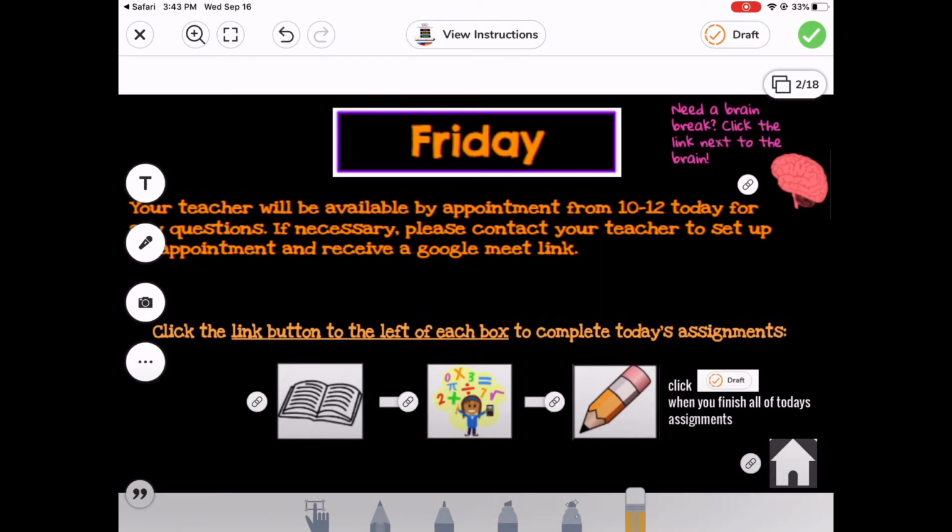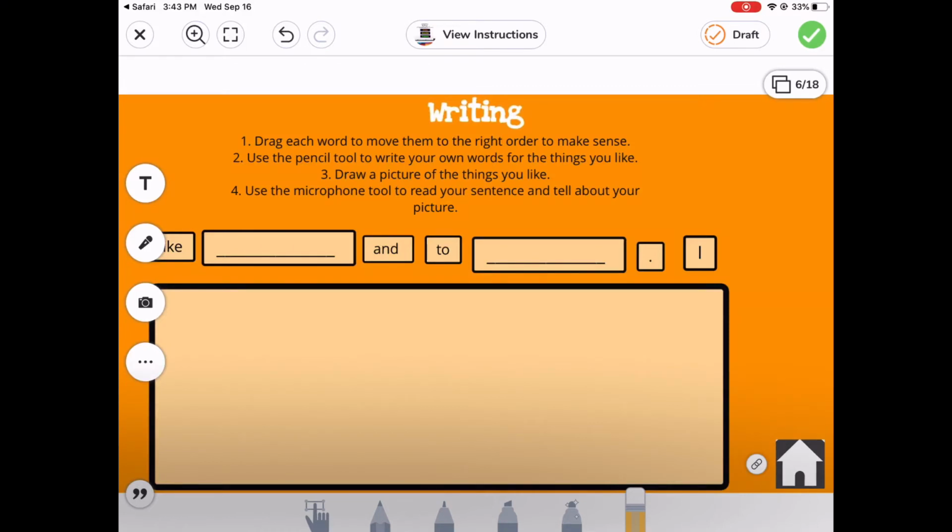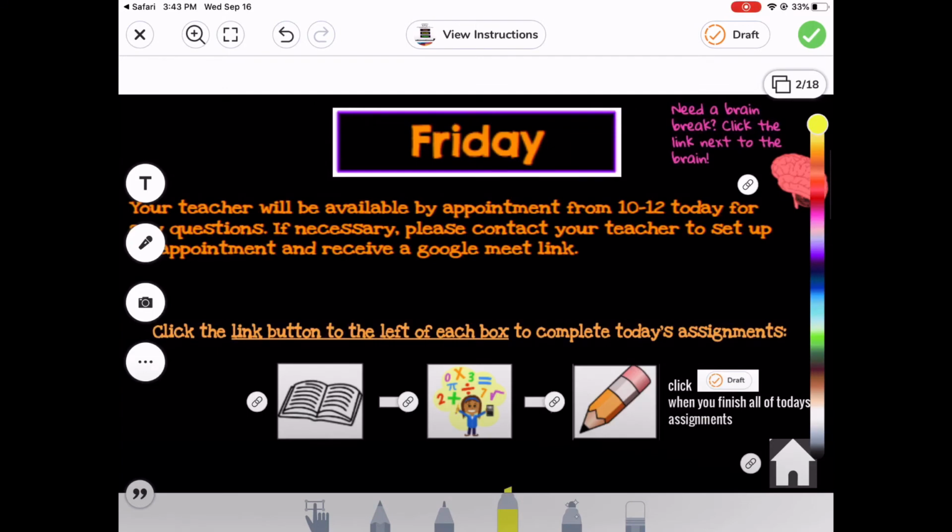Now I'm back to my Friday home button. Now I've done my reading, I've done my math, so now I need to go to writing. So I'm going to click the link, and it's going to bring me to the writing. Now for this one, there's multiple things that you need to do. So first you need to drag, so I'm going to use that hand to drag, and then I can draw a picture in the directions it says I can, so I can use the other tools down below to draw. Once I've finished my writing, I'm going to go back to that link for home,